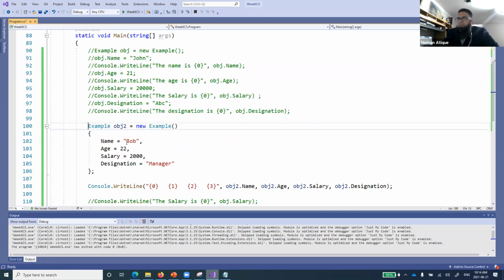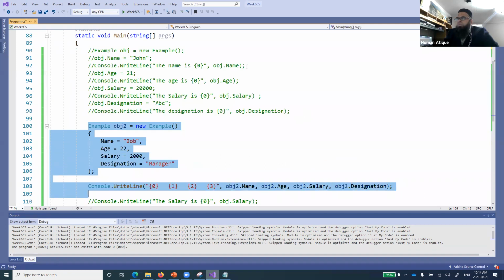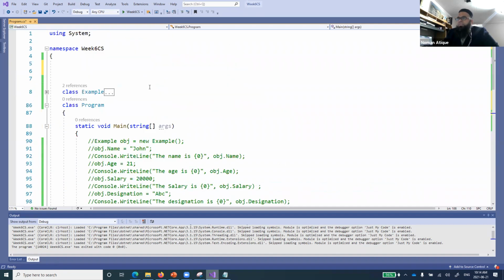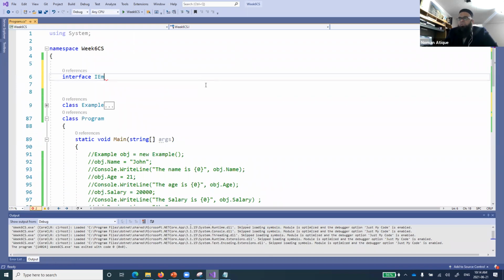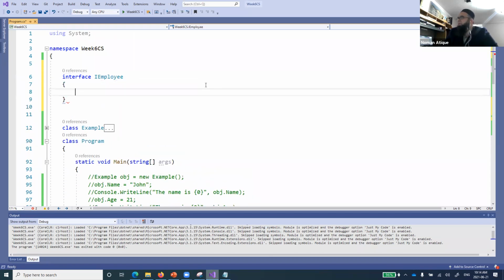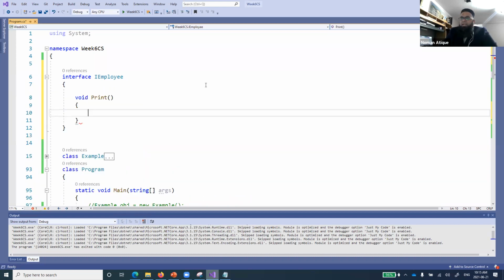Rather, I'll make it a comment again so that we have clean things. Now, I can define an interface by using the interface keyword. Usually an interface name starts with I. So IEmployee. I'm just creating an interface IEmployee. Now, I want to define a function in it, void print, and let's give it a body.